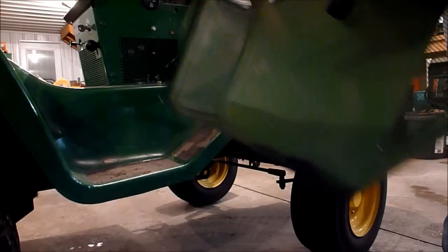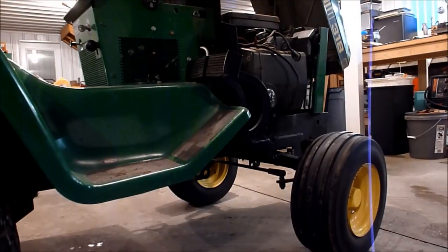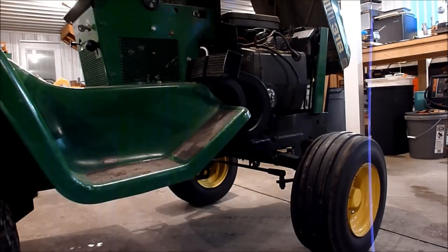Oh, I just noticed that lovely stuff right there. I wonder where that's coming from. Hope I haven't sprung a leak on my oil filter housing. Hope not. Give me a good reason to pull the engine. Anyway,